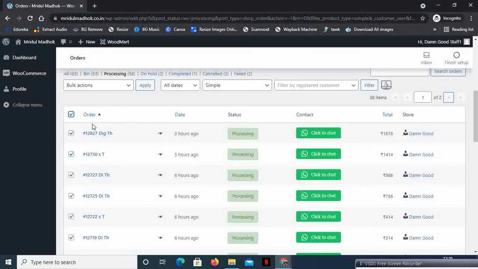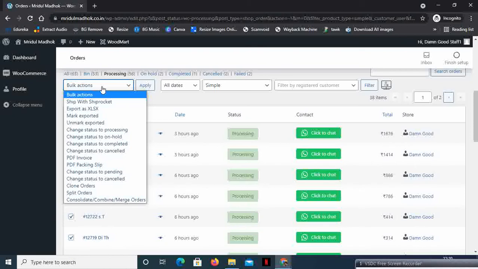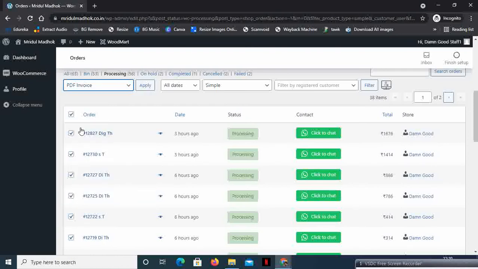So once you select the orders, go to the bulk actions. So bulk actions basically has different things, and from the drop down you need to select the PDF invoice to download the invoices for the selected orders.